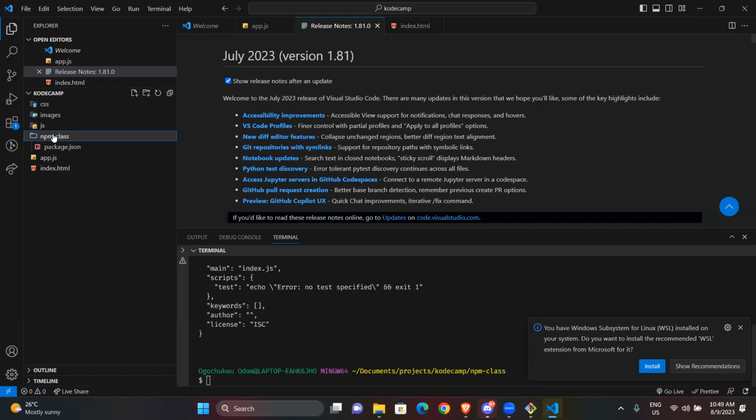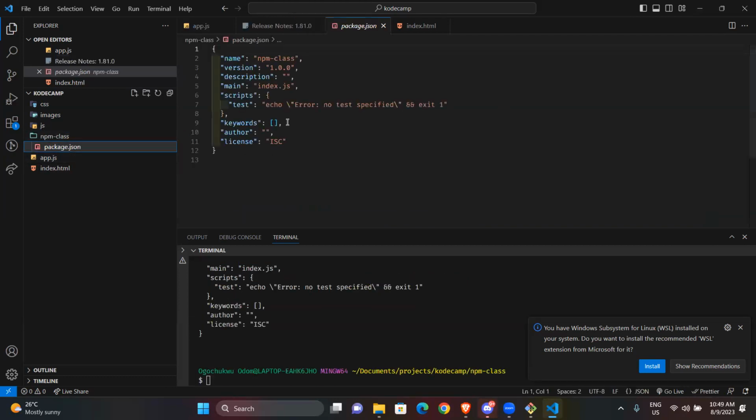If I go inside here now, see that I have a package.json here. Inside the package.json, I have the name of the package, the version, the description, and then the main scripts and all of that. We'll get to see how this comes into play.